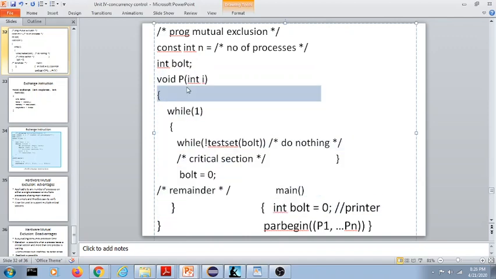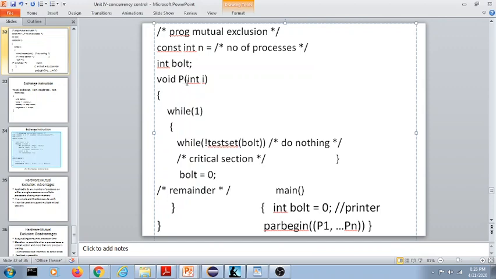If you see in this process, there is one section which is called the critical section, and the other section of the code which is called the remainder section. The critical section of the code is the section which works on the common resource. Whenever the work with the common resource is done, the process exits its critical section and goes to the remaining code, that is called the remainder section, the code which is outside the critical section.